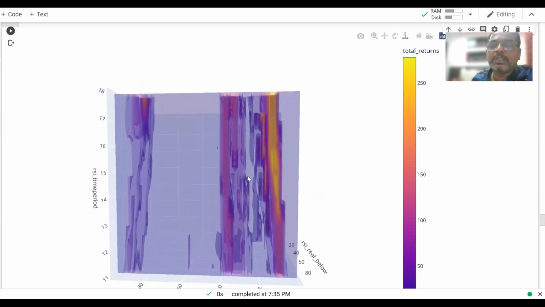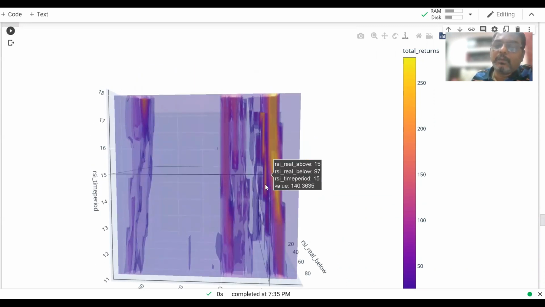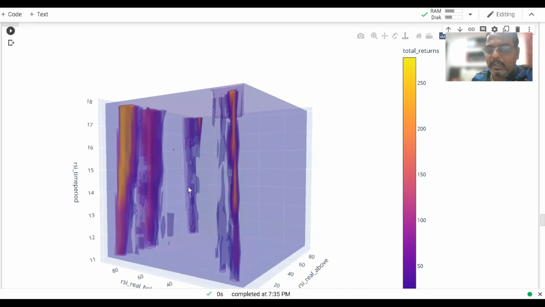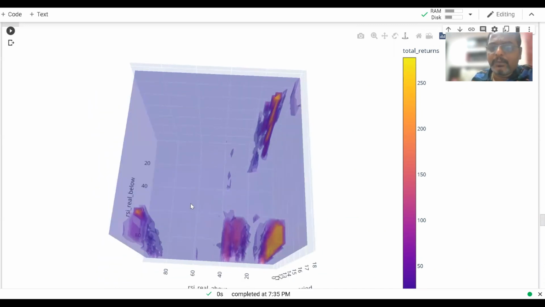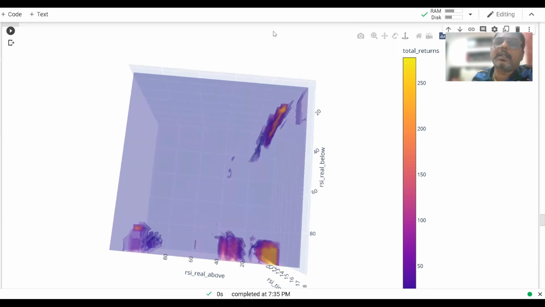And here also you would see the vertical columns which we talked about, and it looks like RSI values really don't have so much to play. But if you look at it, there are clear winners in terms of your ranges. Again, this is one area. I will draw a hollow figure. This is one area, there's another area which is fairly okay, and this looks to be another area. And then we talked about that small area there.